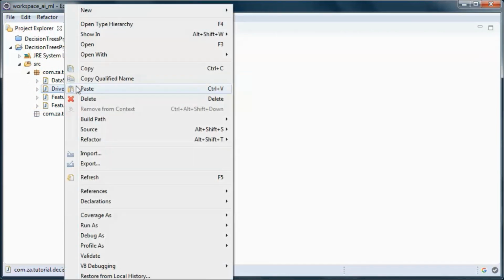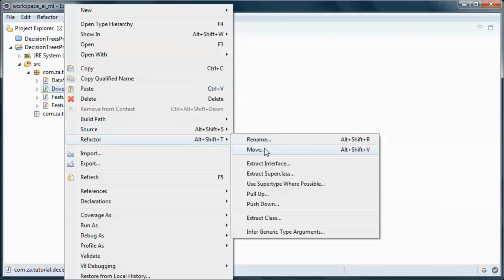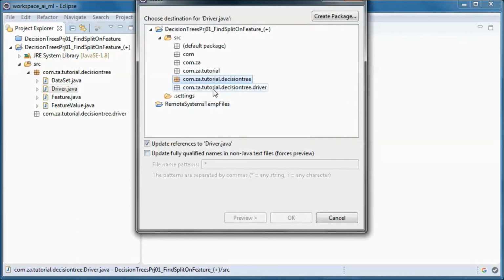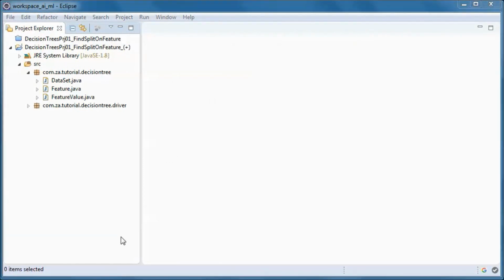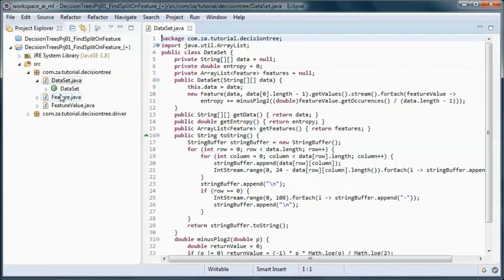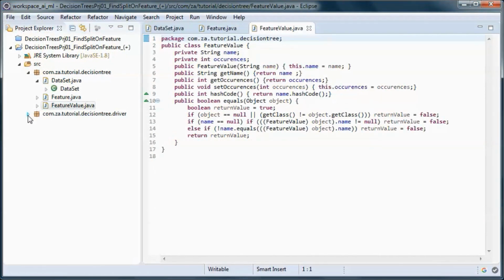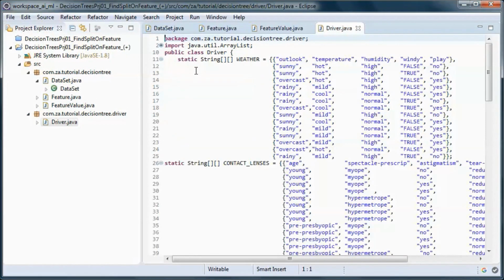And move this class, and let's do some quick refactoring.